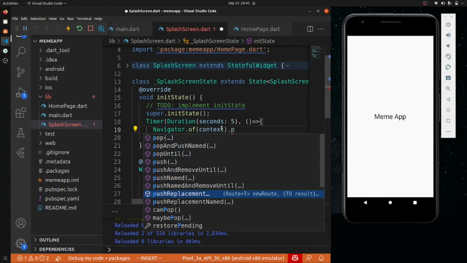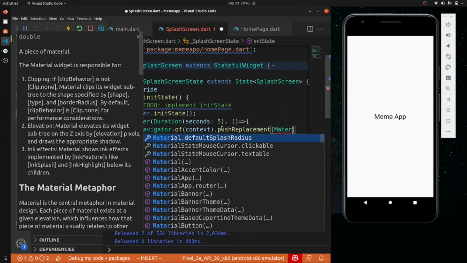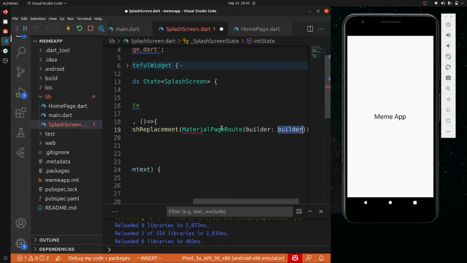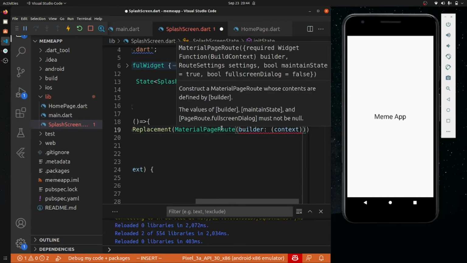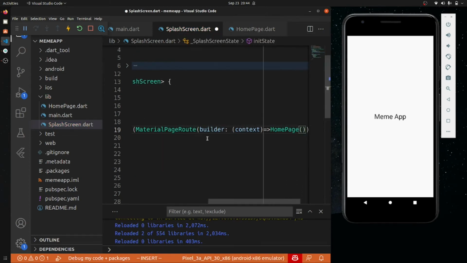So we don't have to call that. So push until, and now I can directly use the material page route. You can see now we got all this stuff. Material page route will take a context and that will diverge us to our home page. Okay, home context, and yes, arrow function and a home page. It will just import that.